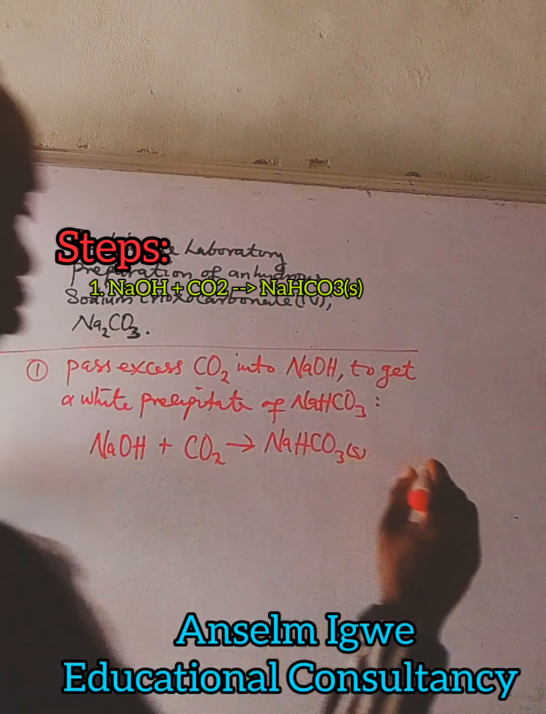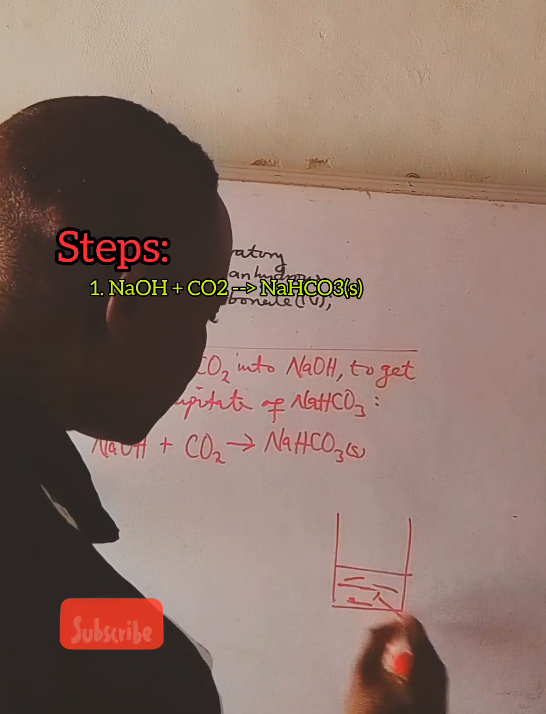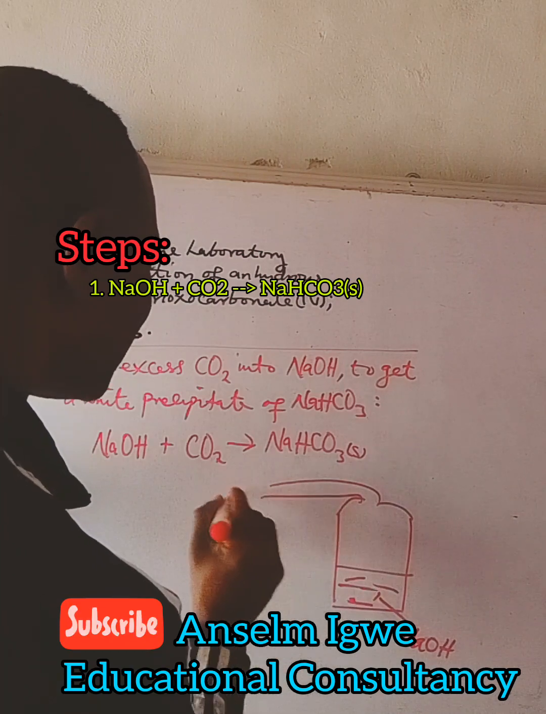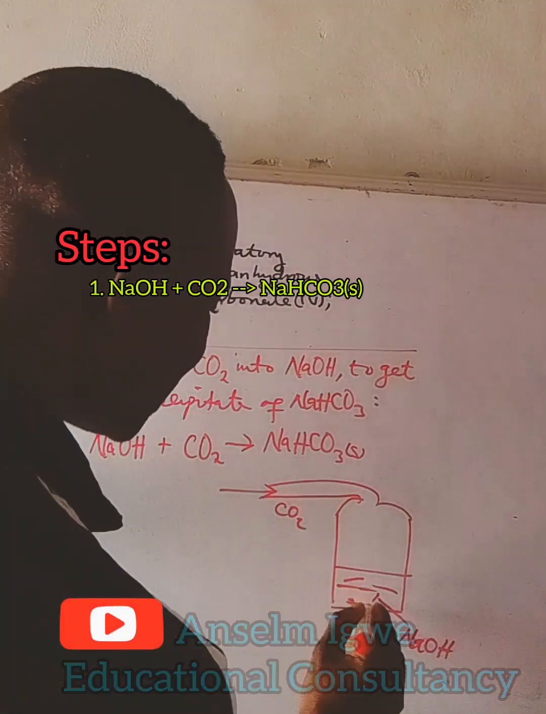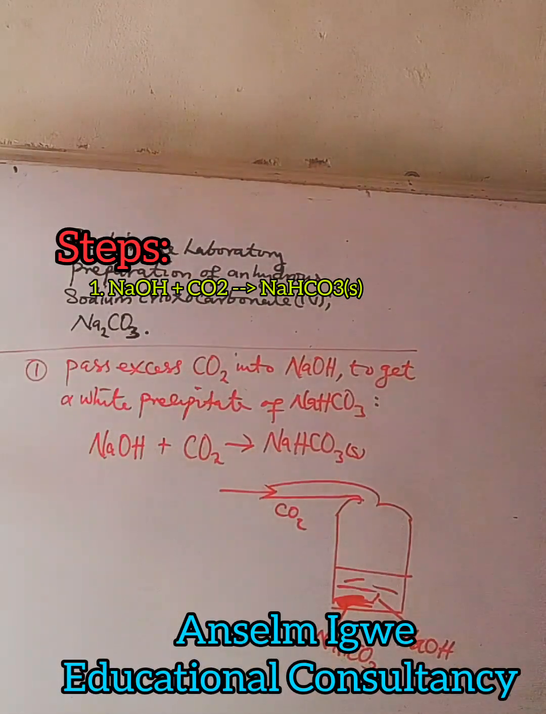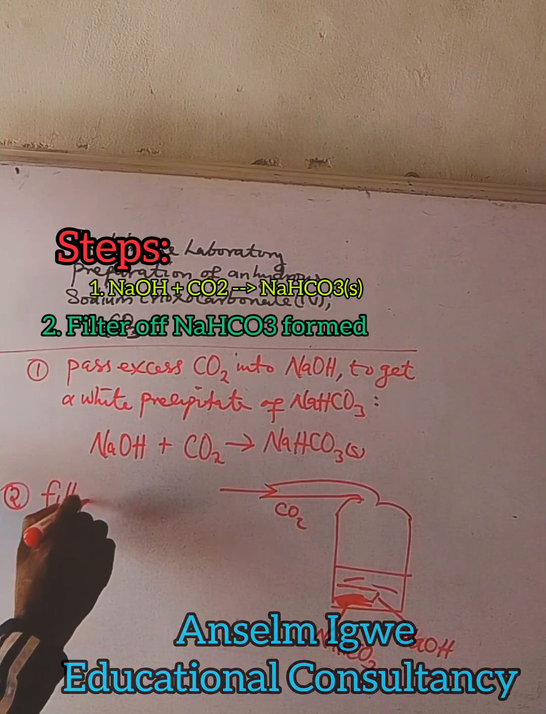After this, look at what I mean. This is sodium hydroxide. Just pass a gas, CO2, across, and you will get a white precipitate of sodium hydrogen carbonate. After this, number 2 is to filter. Filtration